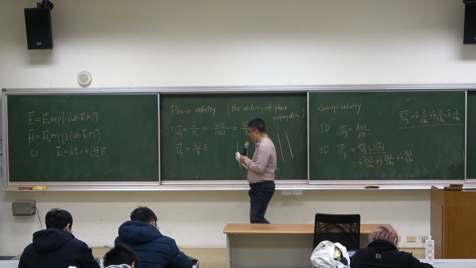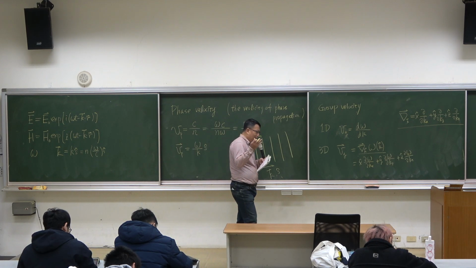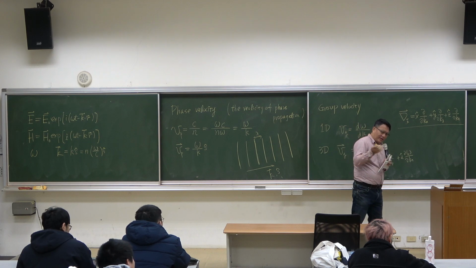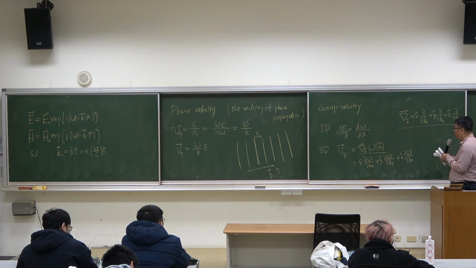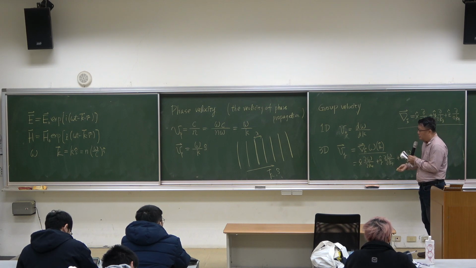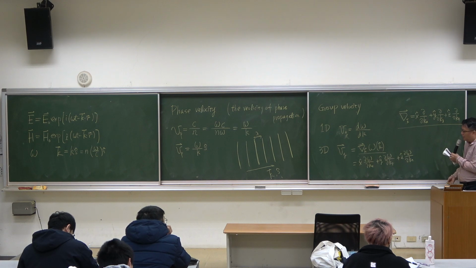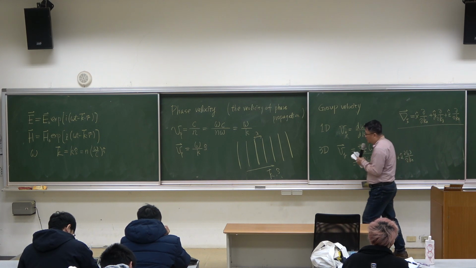Now I will show you that group velocity represents the energy propagation velocity. OK，我们前面知道群速度是波包的速度，可是群速度它其实同时也是能量传播的速度。好，那这是什么意思呢？这个意思是这样子，就是